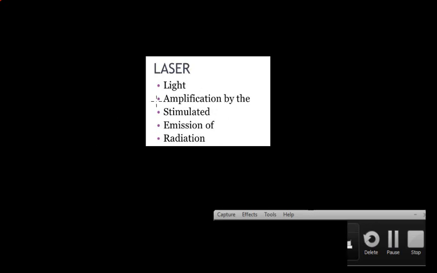Today we'll start a new topic which is laser. So laser is an acronym of light amplification by the stimulated emission of radiation. So it can amplify light by stimulated emission of radiation. Now what is stimulated emission of radiation? For that we'll talk about